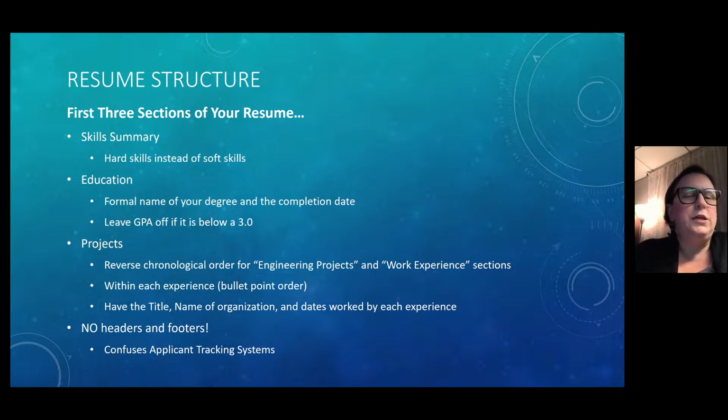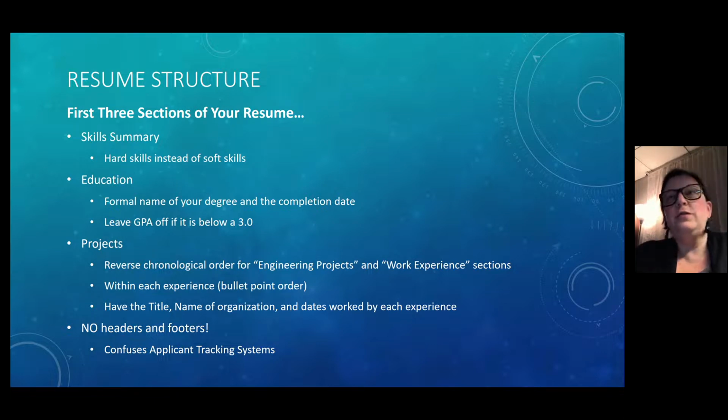So the most recent engineering or data science project goes at the top of the project section. Same for the work experience section. You want to have the title, the name of the organization, and the dates that you worked for each experience. Same with the research project as well, even if it's just the semester and the year, just so that employers will have a good idea of when you did what in terms of your projects.